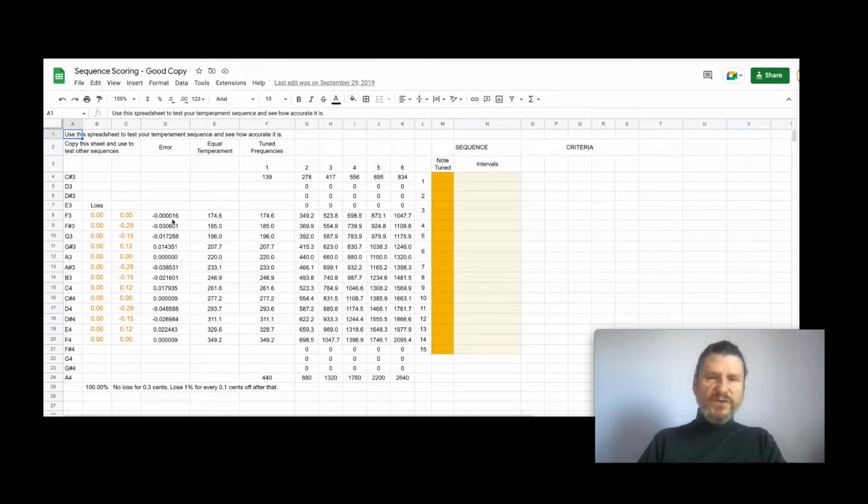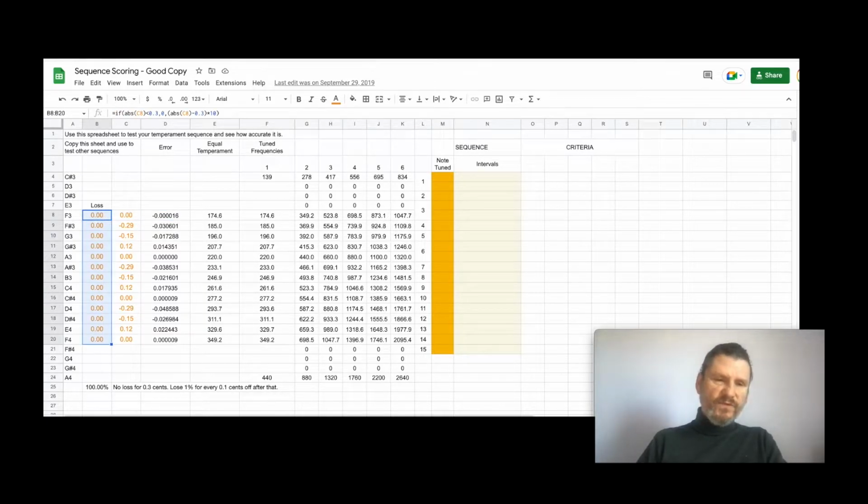So the first thing we're going to do here is create this template where we have all the frequencies of equal temperament right here. These are all the frequencies of equal temperament. And then we're going to tune these frequencies here. So these are the frequencies we're going to be tuning, and they're going to produce certain criteria that we're going to compare. So when we make the comparison to the actual equal temperament, we're going to get an error. Now this error, we're going to calculate the average error to correct the error so that we don't get penalized. If all the notes are flat, but it's a great temperament, we shouldn't get penalized for that. So we remove the average so that we get the actual error from the average, and then calculate the loss